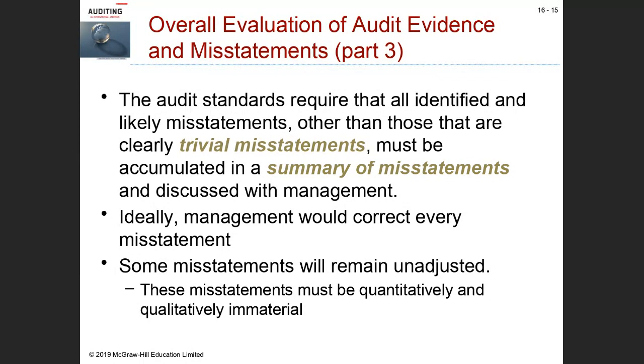Of course, if a number is quantitatively immaterial, it's just a small number, it's not going to make any difference to the user. However, we also have to consider the qualitative aspect of information. There may be some information which is very critical to the organization. So, for example, if they have a debt covenant with the bank that says that their debt to equity ratio will not be more than 3 to 1, well, then any errors that would increase that ratio could be important. Even though the dollar amount might be small, if it affects that ratio qualitatively,